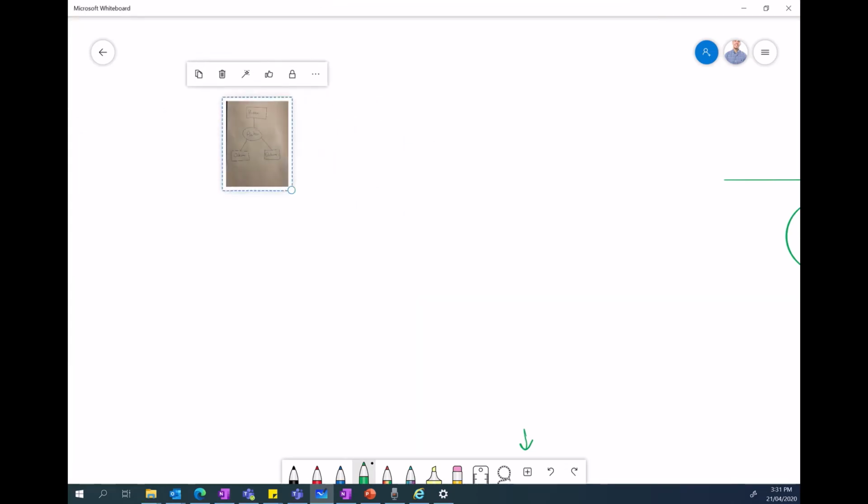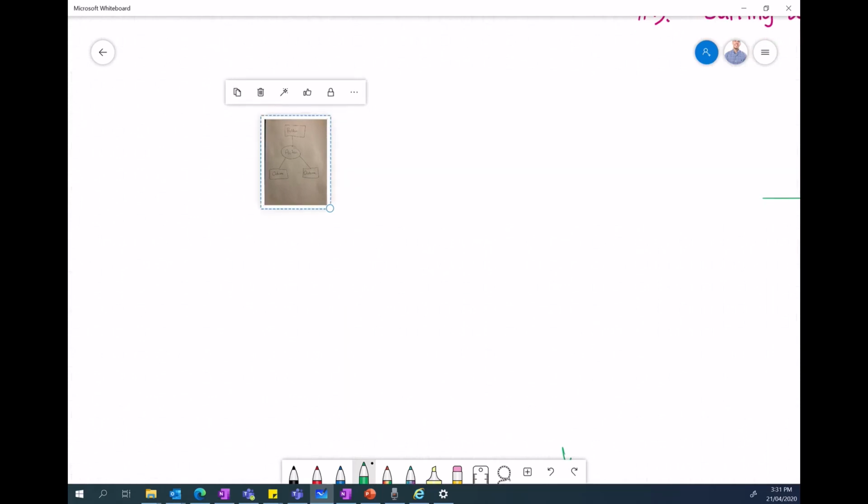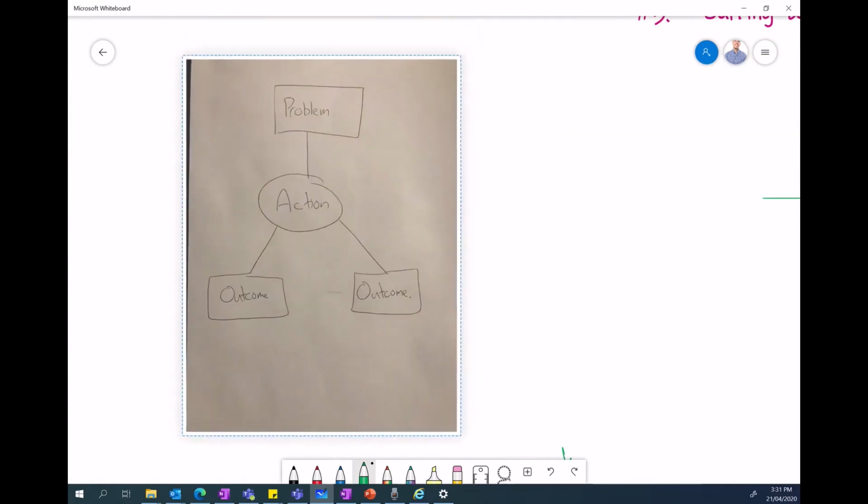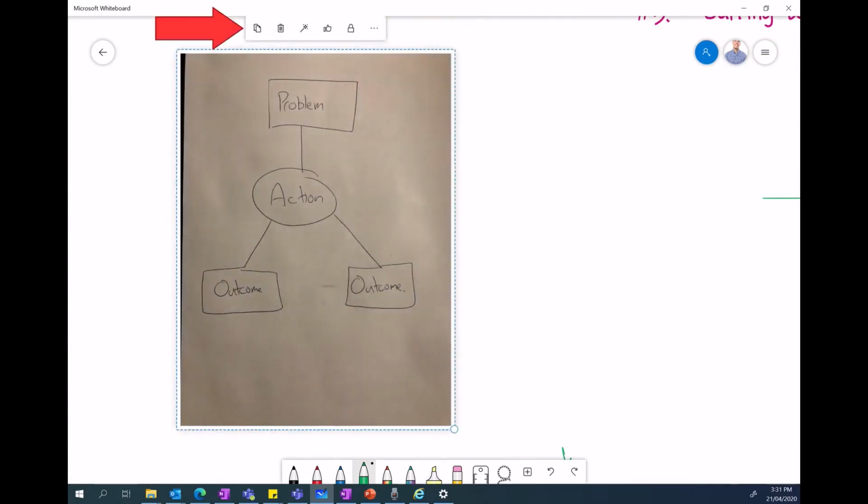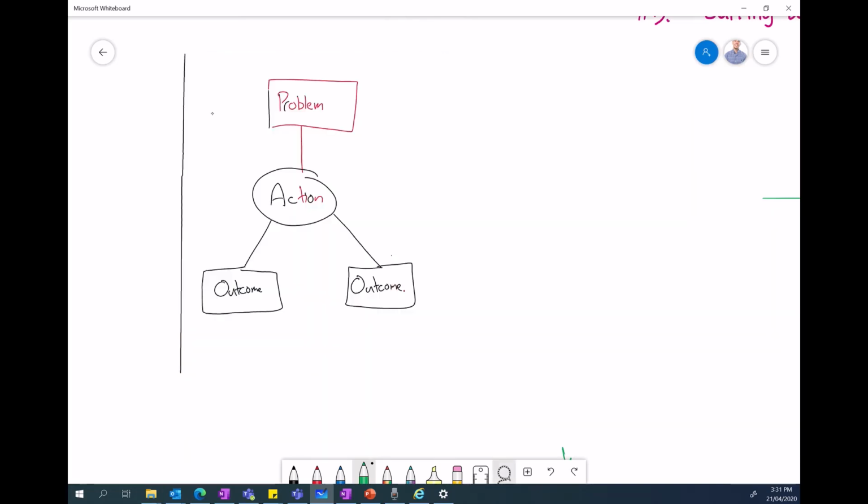You can now see that the photo is loaded onto the Whiteboard app. First thing I want to do is move it and resize it so we have more space to work. Once I resize it and select it, you can see at the top I've got the options of copying, cutting, pasting, and again we've got the Beautify tool. Watch when I press that Beautify tool. Microsoft's artificial intelligence is going to convert this photo into editable text